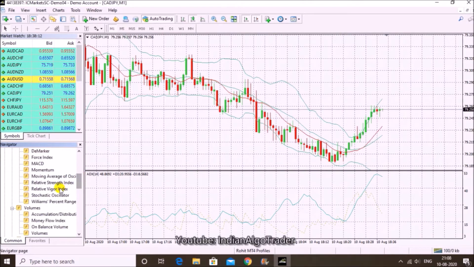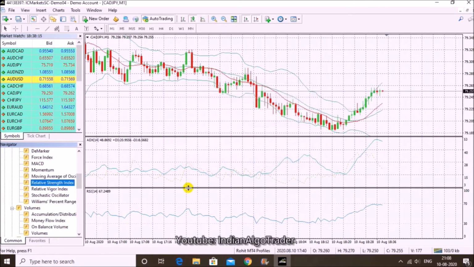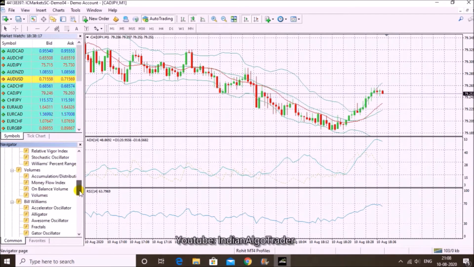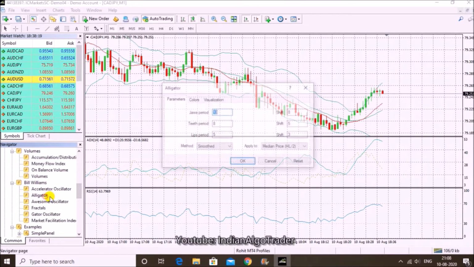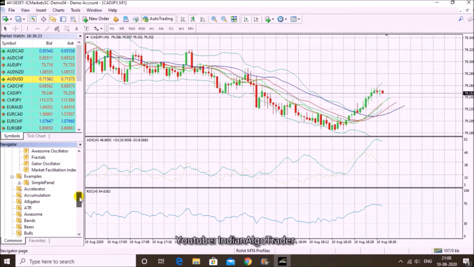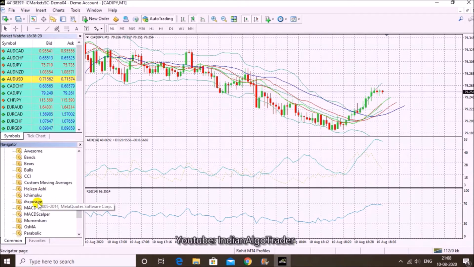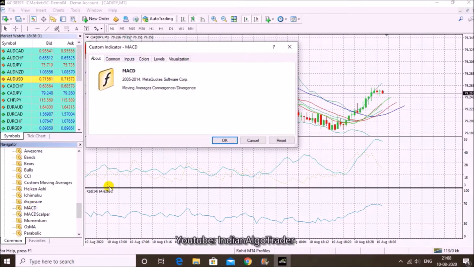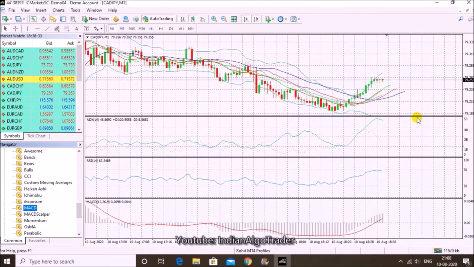Maybe RSI is another thing that I use, and Alligator can be another thing on a chart. And maybe MACD. Okay, cool, it's fine. We'll proceed with this.